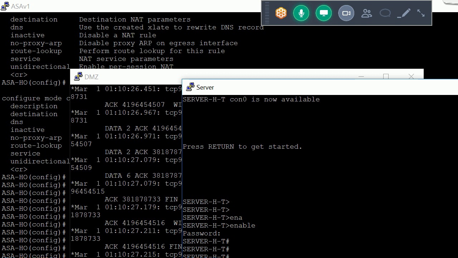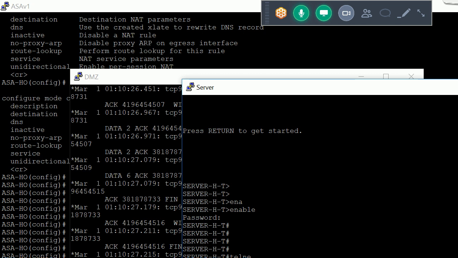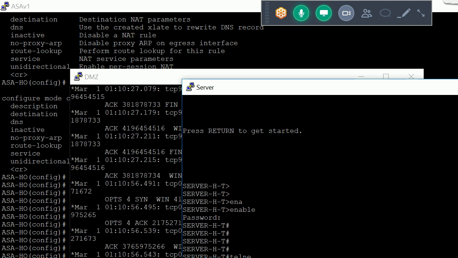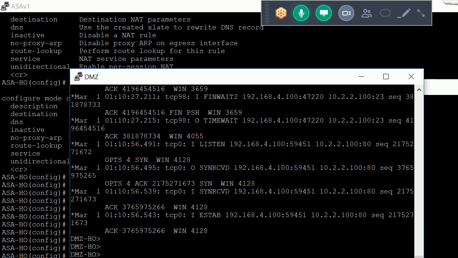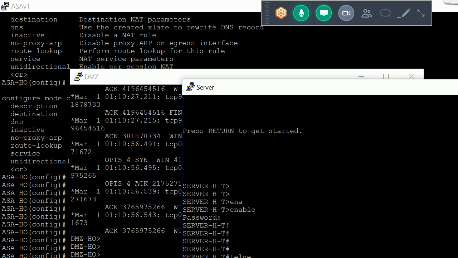Now if I again go for telnet to 192.168.1.150 on port number 80, on port number 80 also it is working. Okay. So that is the way to configure static NAT by using the manual method.